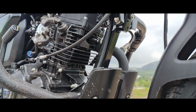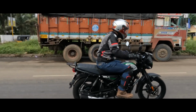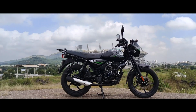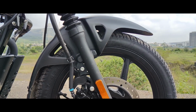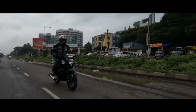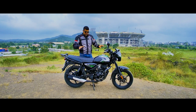What it gets is crash guards, belly pans, SNS suspension, segment leading power and torque, charger, a carrier, a long quilted seat, good value for money, DTSI tech, a handle cross bar, raised fender, and a customized sari guard. Durability, long life and minimal maintenance. But where this motorcycle really shines is